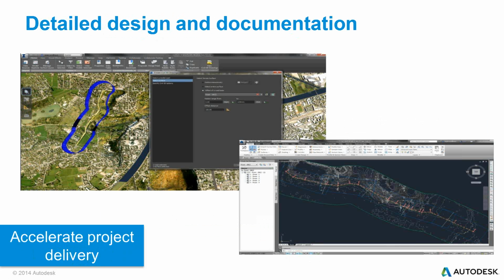And then detailed documentation. Anything that I typically do here with Civil 3D in terms of a road or a surface, or data that's pulled in, can be pushed straight to Civil 3D for final design tasks, providing greater continuity of information between InfraWorks 360 and all its file formats straight into Civil 3D.